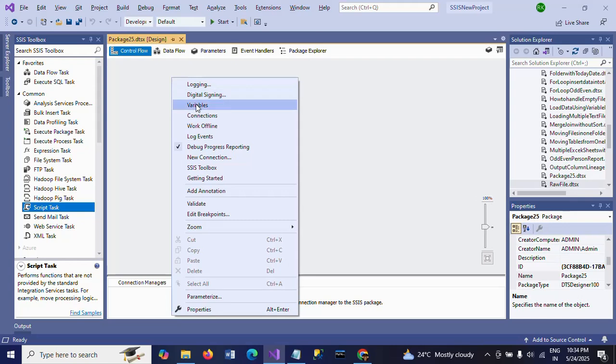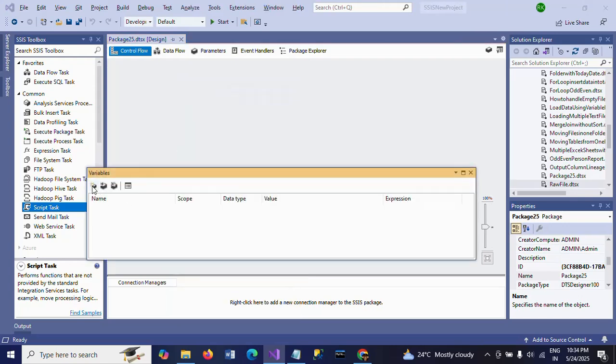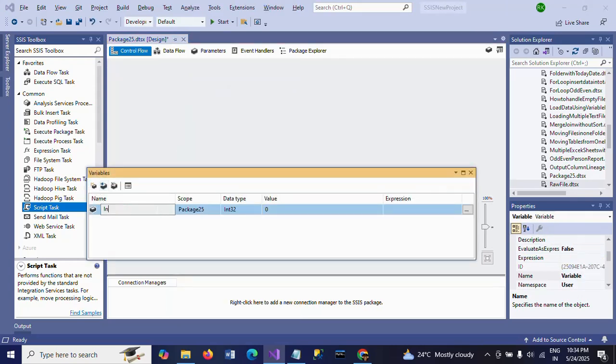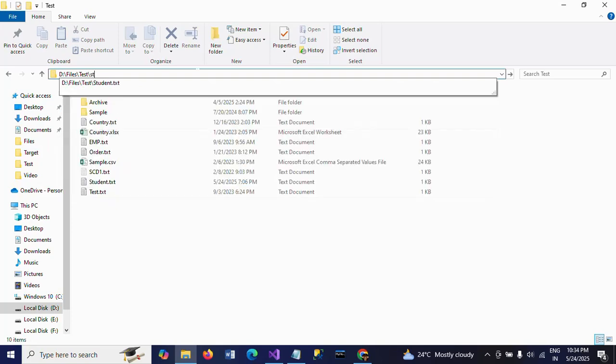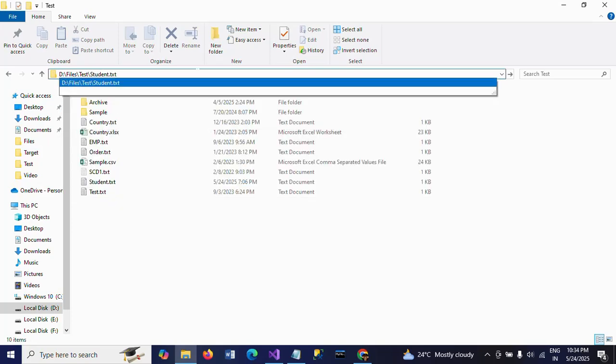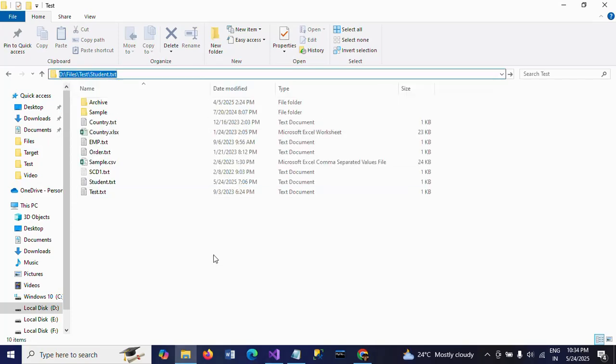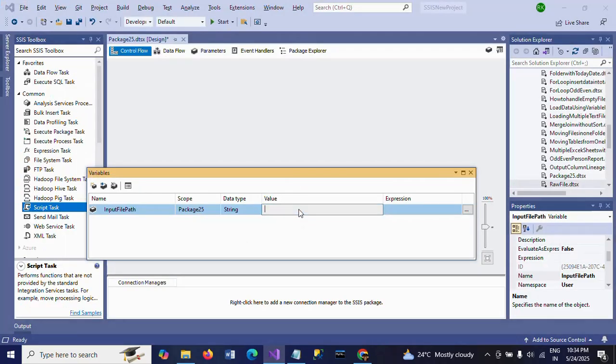So first I need to create two variables. So first one is input file path. This is my first variable, string. Okay. So here, I am taking student.txt as a value,